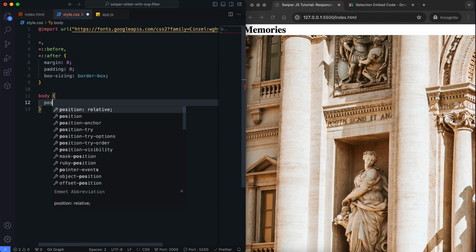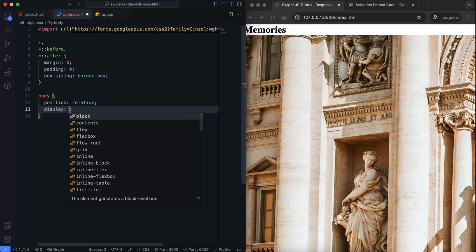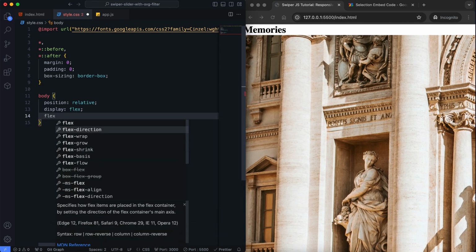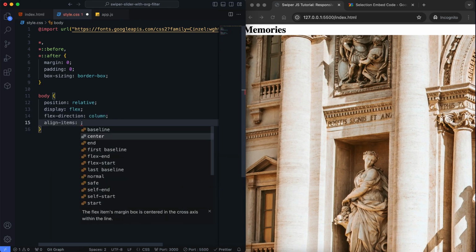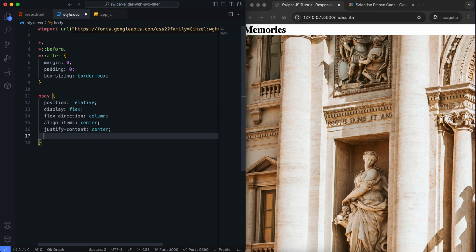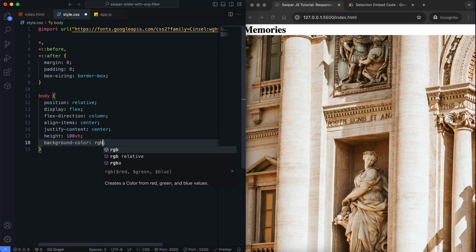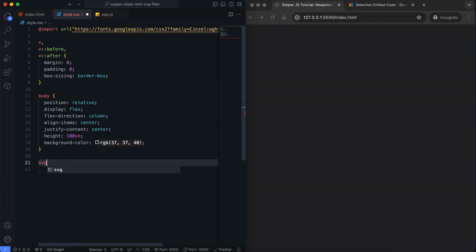I give the style to the body to center everything on the page and give it a dark background to make the images pop. This rule hides the SVG element while still allowing its filters to be applied to other elements on the page.